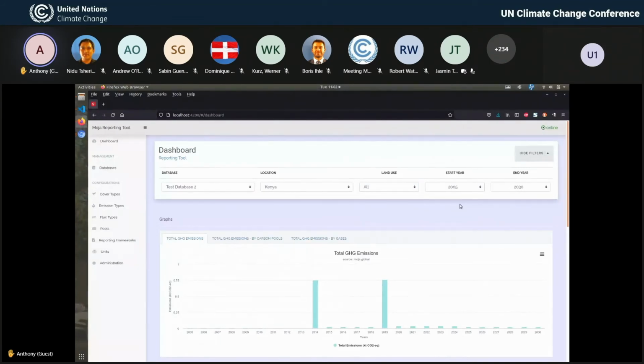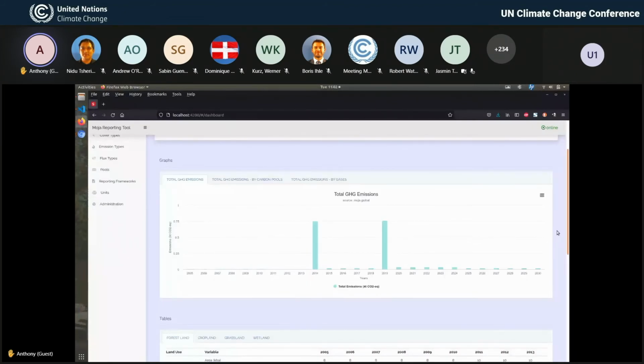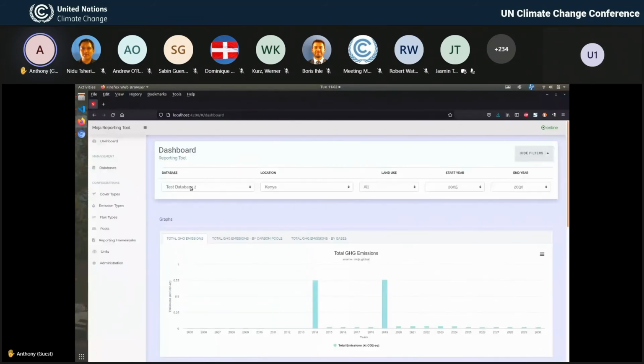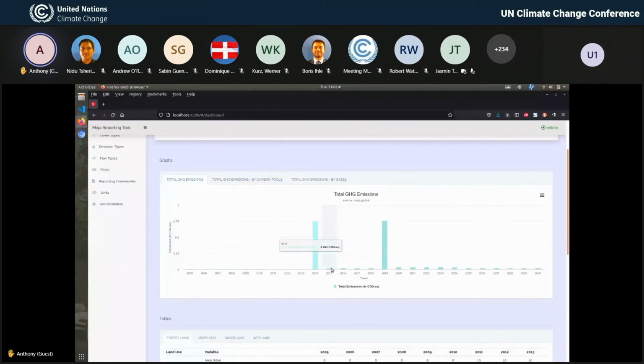What we do then is show the results in a graphical manner. Here's a graph that shows the total GHG emissions for test database 2 after having been processed. You can see through time the total emissions in kilotons. And then you can see that broken down by carbon pools.